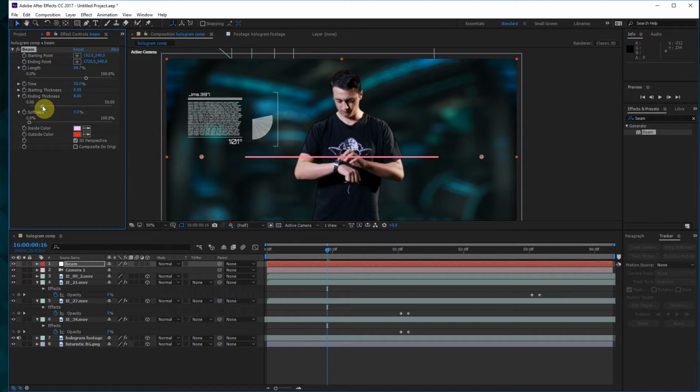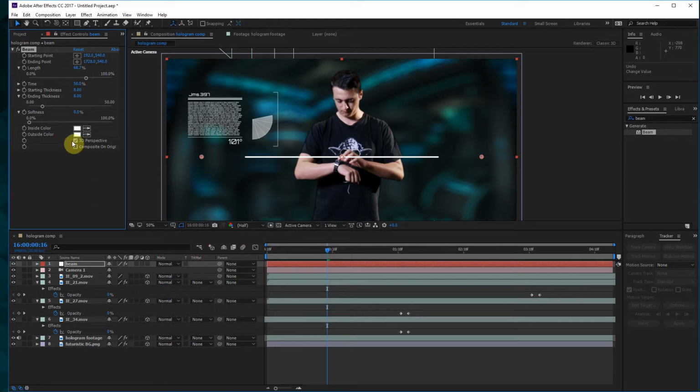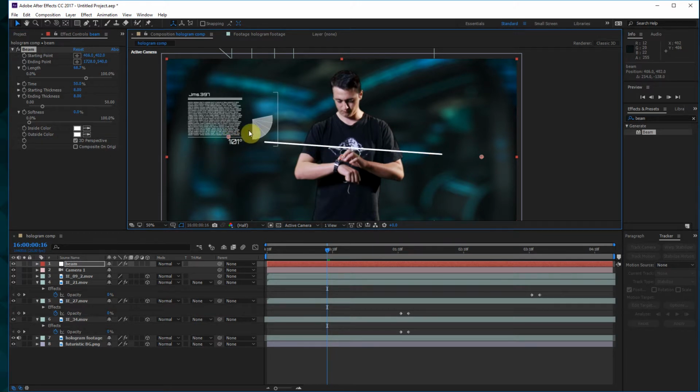Ending thickness, no, it's in the middle. The color is black, inside color black, outside color black. Oh no, white, sorry. And then 3D perspective, no, length, ending points. Okay, so this is what you can grab the points and then attach it to something. I'm gonna change the thickness of